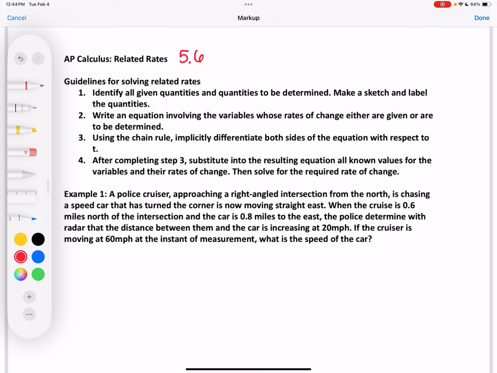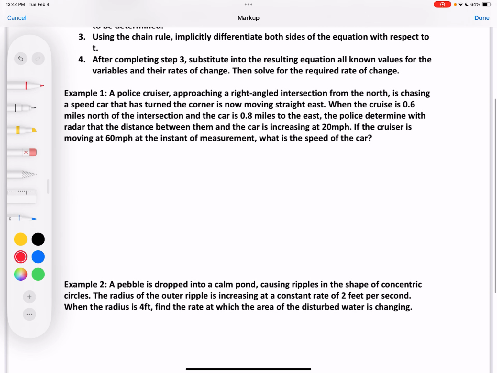So the rates of change are basically like our derivative values, how we were doing in the last section. We would do like dy equals blah, blah, blah, dx. Well, dx is going to be like our rate of change values that we're using for these different problems. So, example 1,